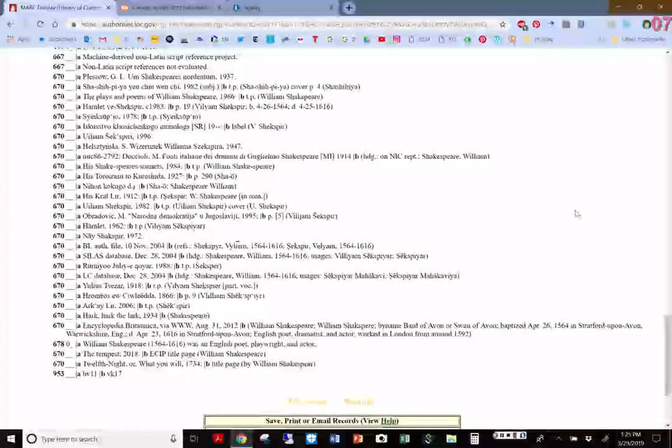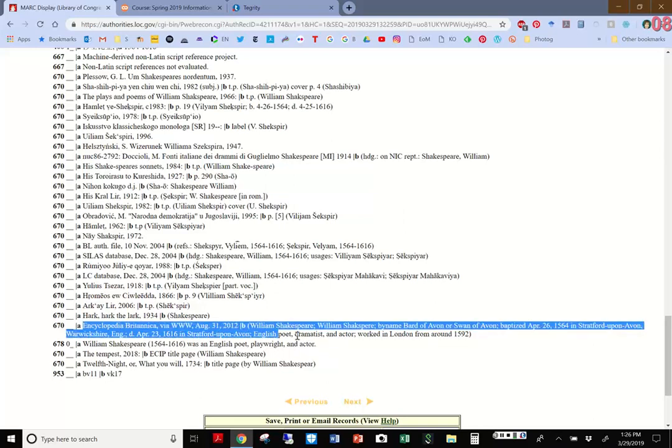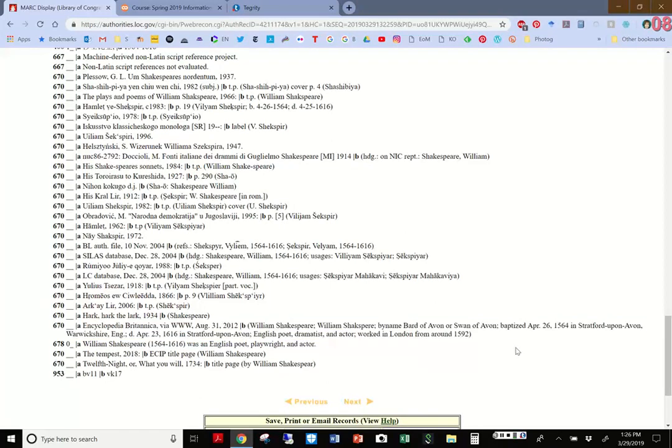information down here. You can see in some of the 670s different notes that talk about how this record was created, where they got information for this record. Here's a familiar one, Encyclopedia Britannica. You can see here that they are saying, yes, this is how we're getting information to confirm who this person is. There are some examples of some titles that he wrote, and things like that also.